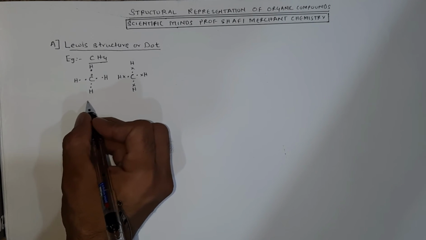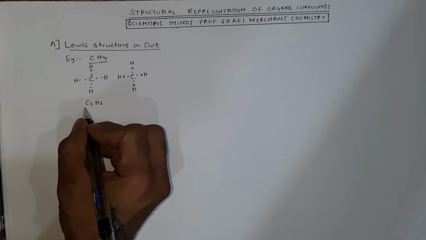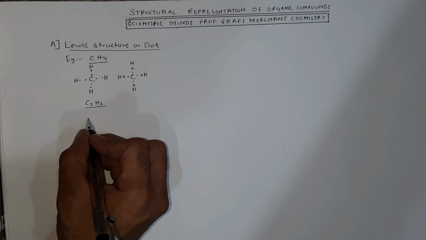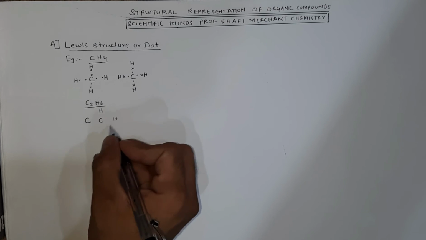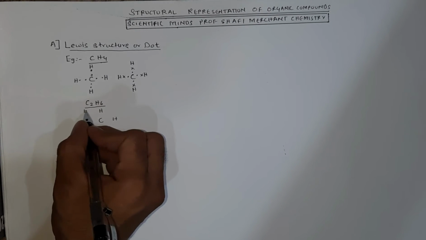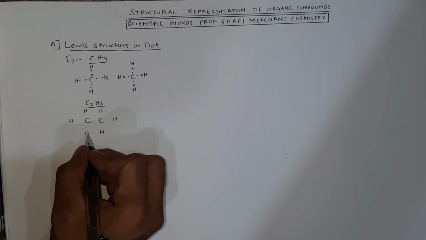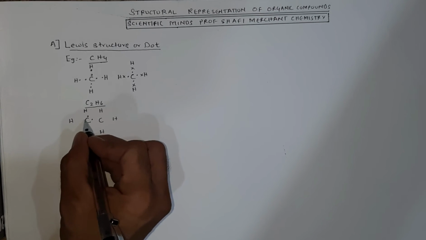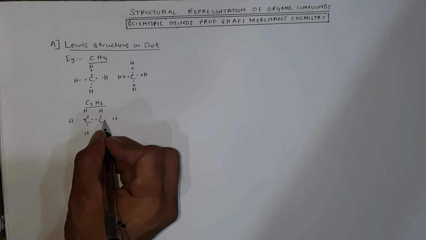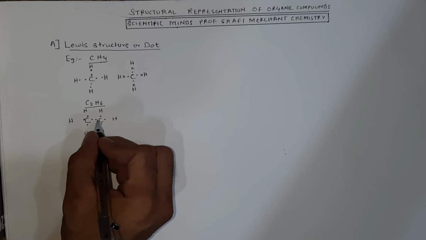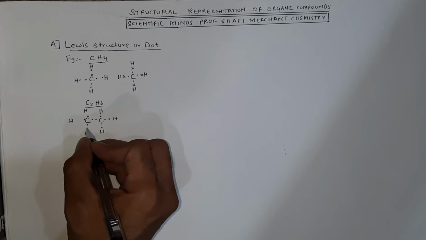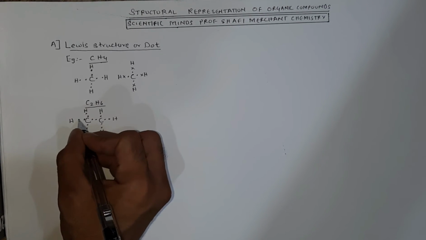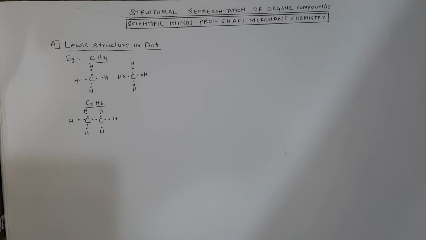Suppose I write down the structure of ethane, C2H6. So this is one carbon atom attached to another carbon atom, and there are a total of 6 hydrogens, 3 attached to each. These are the 4 electrons of the carbon atom. These 2 electrons of carbon will be shared between the carbons to form a covalent bond, and these are the electrons of the hydrogen atom to form a C-H covalent bond. So this is the ethane structure. You can also make a dot and cross structure for that.